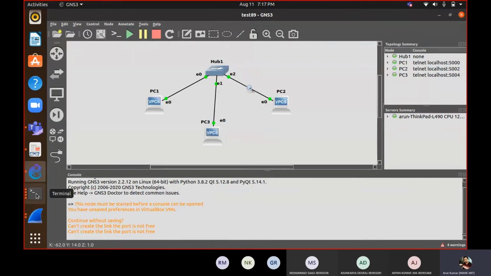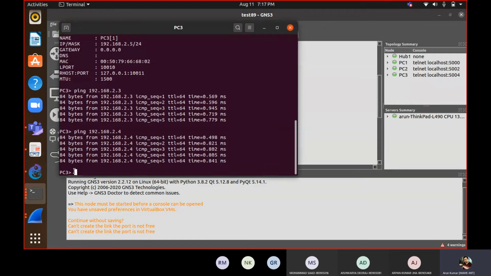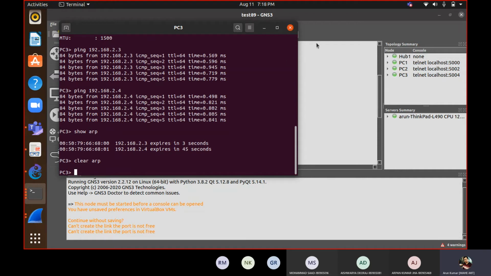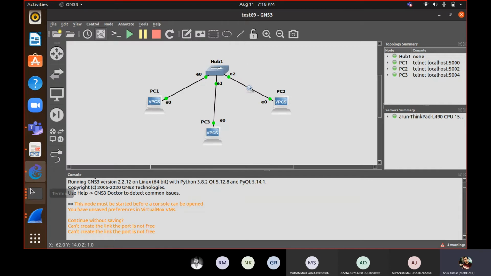First we will see PC3's ARP, show ARP. It has ARP entries for two devices, you can see here. One is about to expire and one will expire after 45 seconds. We will clear everything, clear ARP, and we will clear it for everyone: PC2, then PC1 also.